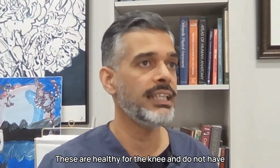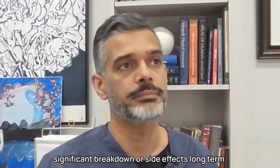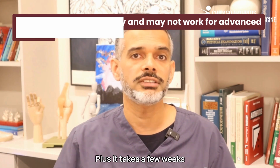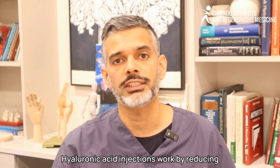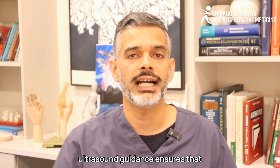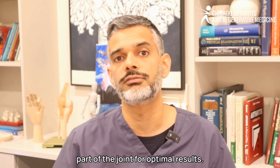These are healthy for the knee and do not have significant breakdown or side effects long term. The cons are that results can vary, and it may not work as well for more advanced arthritis. Plus, it takes a few weeks to notice improvement. Hyaluronic acid injections work by reducing inflammation longer than steroid injections. While the treatment is straightforward, ultrasound guidance ensures that the injection reaches the correct part of the joint for optimal